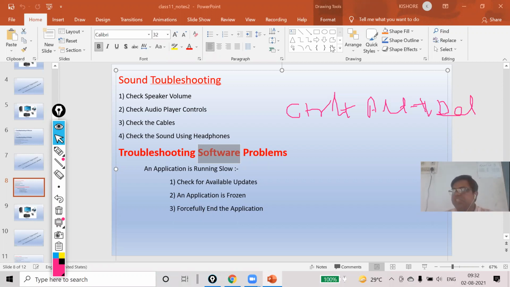Listen, this is dangerous. Why? Because if you switch off your PC directly, whichever files are running may be corrupted. Let me give one example so you can understand. Suppose you are running, and in between, if a rock is on your way, what will happen? You will fall.